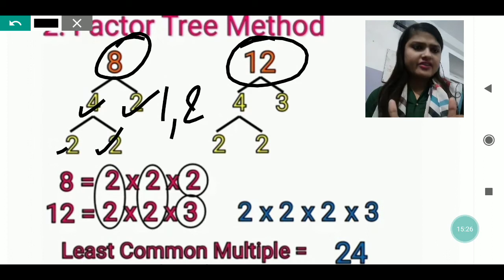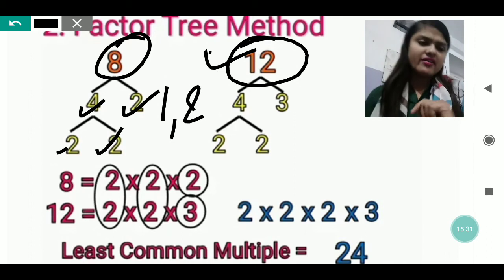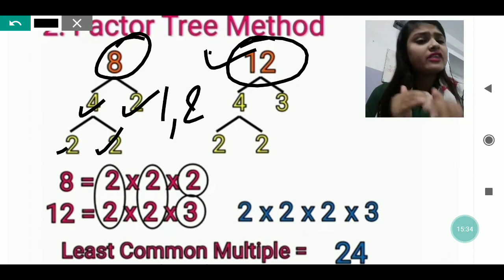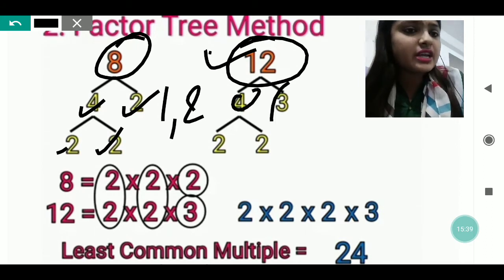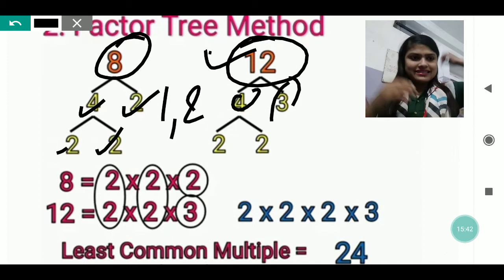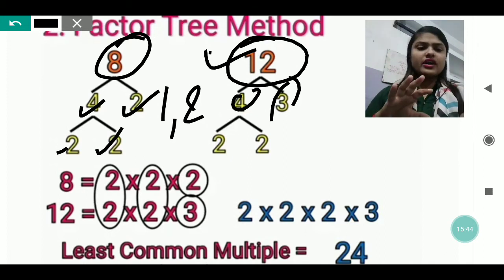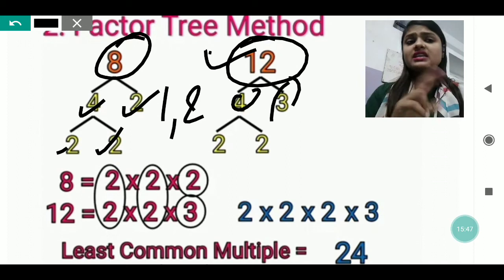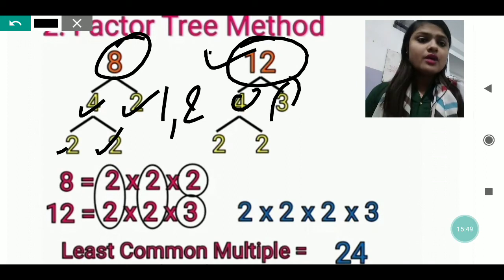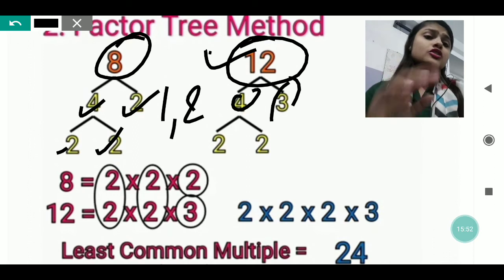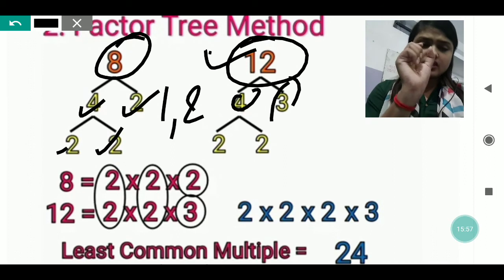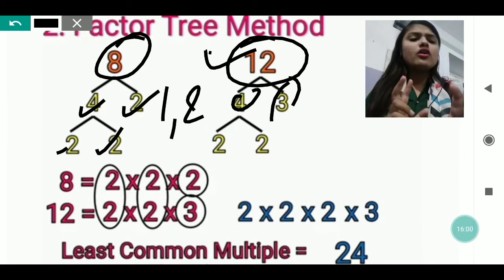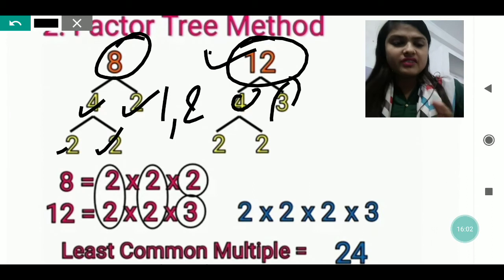This is how I am making the factor tree. In the same way I divide 12, so that after dividing, when I multiply those numbers, I should get 12 as the answer. So I divide 12 into 4 and 3, since 4 into 3 is 12, or 3 into 4 is also 12. If you write any other numbers, keep in mind that when you multiply, the answer should come out the same. So take the pair of numbers which multiply to give the same number.